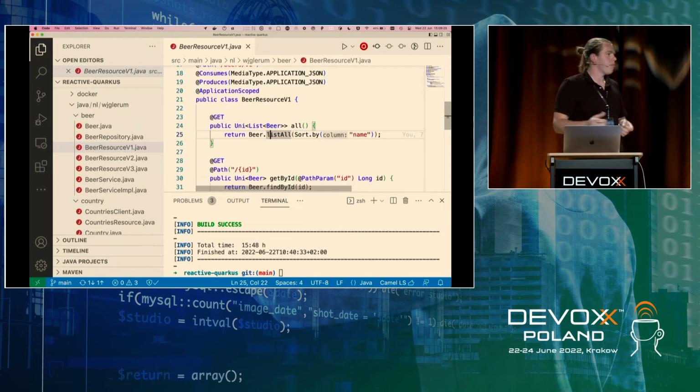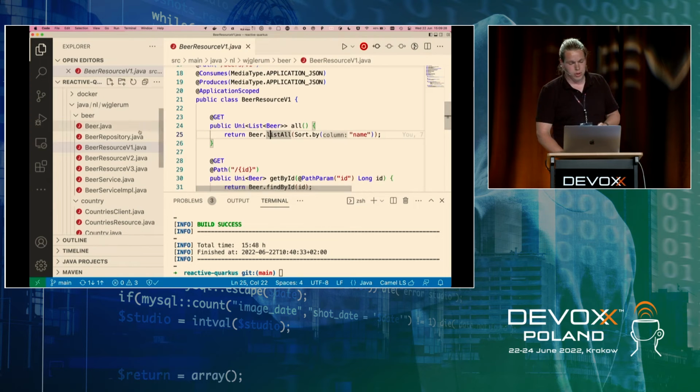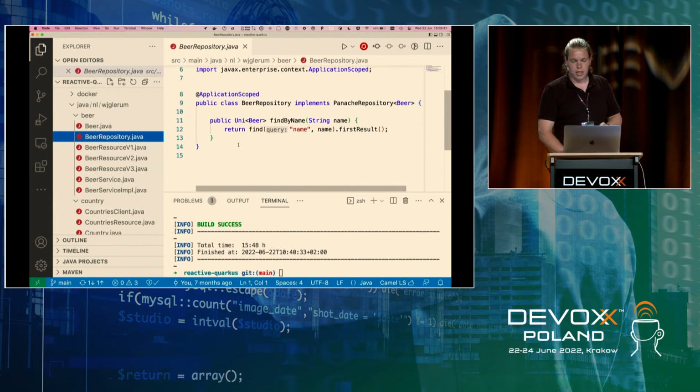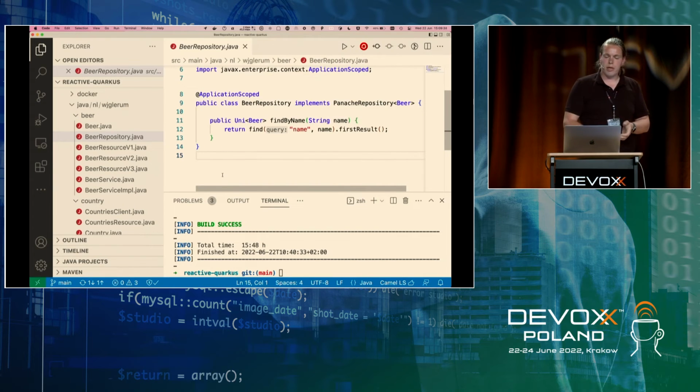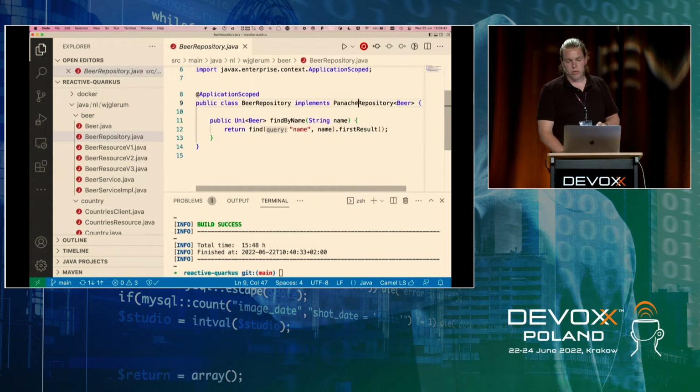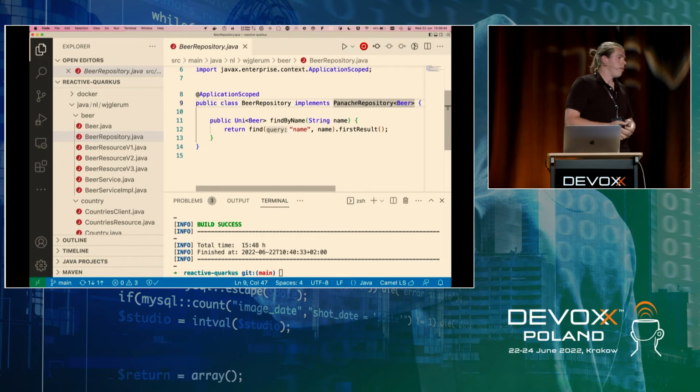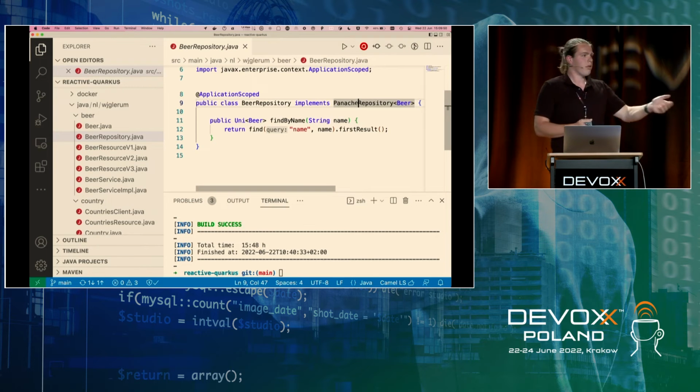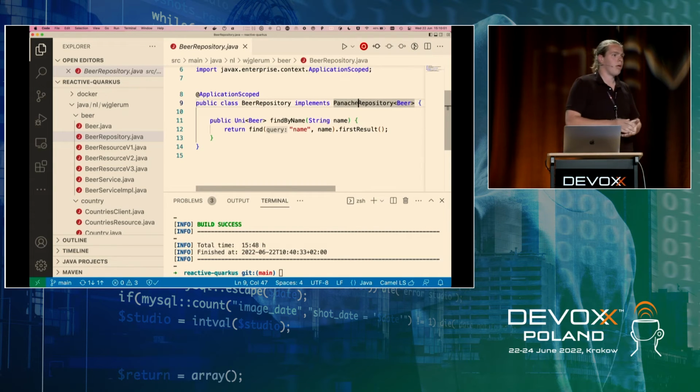If you don't like the active record pattern, we can also support repositories. So instead of using the active record, we can define our classical repository, but we don't have to write all that code. We can just simply extend Panache repository and then the extension again generates a lot of boilerplate that you normally would have to write. And then you can take this even a step further by taking the Hibernate Panache REST data extension, and then everything from the REST endpoints to this is almost auto-generated for you. So if you just want to write a simple CRUD application, yeah, it's almost effortless.